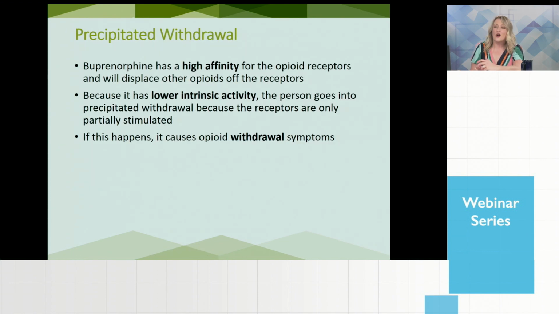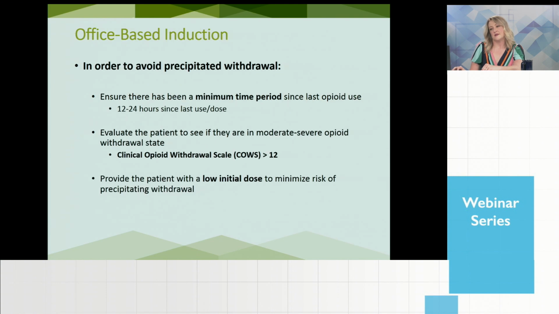So that precipitated withdrawal, what is it? Again, because buprenorphine has a high affinity for the receptor, it's going to displace anything else, and then it's going to make people feel sick because it's not activating the receptor fully. So in order to avoid this, there's a few different things that need to happen. And this is in a traditional induction. If you speak to people that are really familiar with the med, there's lots of different things that are being tried out there. And there's ways to get people on Suboxone that don't involve them having to go into withdrawal. And if you have a patient who says, I would totally go on this med, but I don't want to go into withdrawal, that's okay.